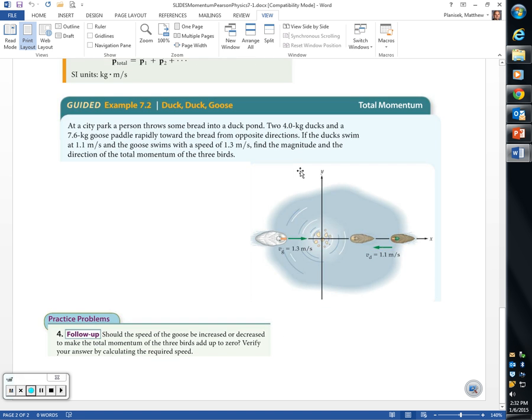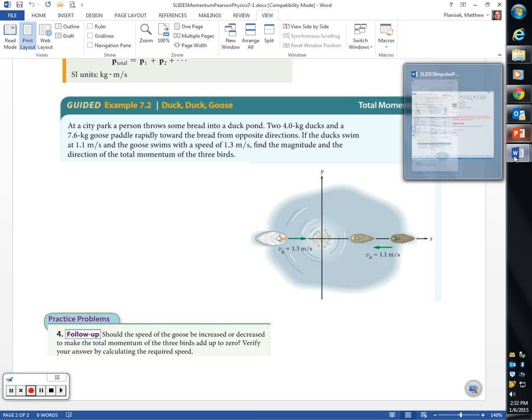And we did, right at the end, the duck, duck, goose problem, right? We talked about the signs and things like that, but we talked about the fact that the goose is going one way and the two ducks are going the other way. That means one of them is going to be positive, the other two are going to be negative, and we have to take care of that. Okay? Good there? Before we move on to section 7.2, just to illustrate that idea,